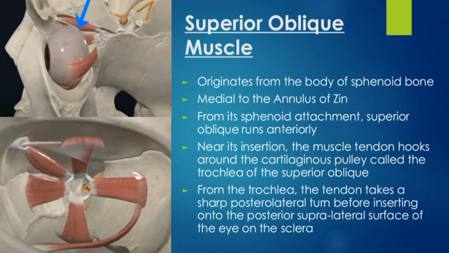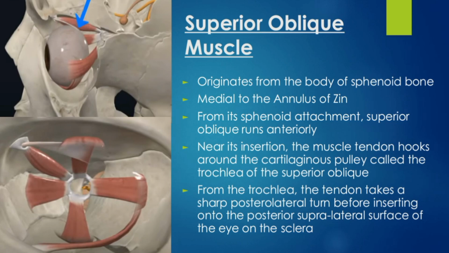And it is medial to the annulus of Zinn. So here you can see this is the medial side, or the side that is towards the nose. From its sphenoid attachment, the superior oblique runs anteriorly. Anteriorly means that it moves forward. Near its insertion, the muscle tendon hooks around the cartilaginous pulley called the trochlea of the superior oblique. From the trochlea, the tendon takes a sharp posterolateral turn before inserting onto the posterior supralateral surface of the eye